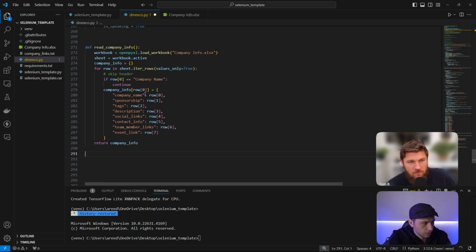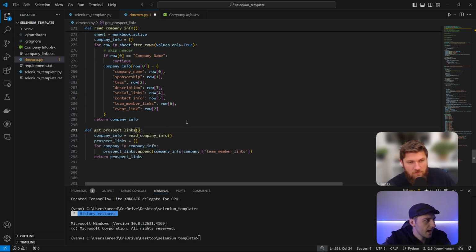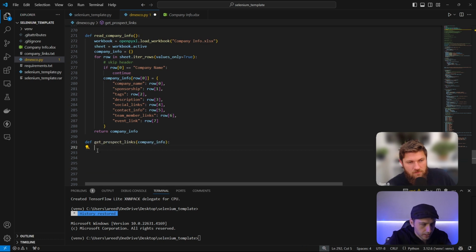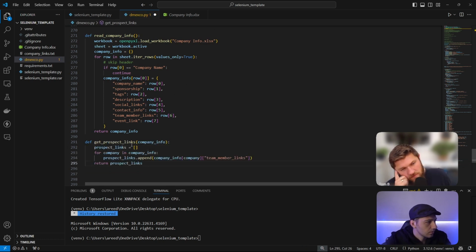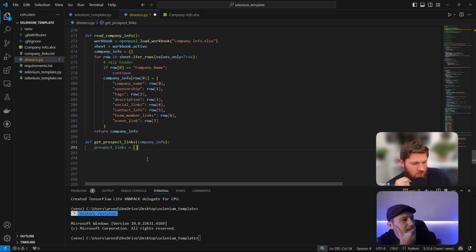So we can go define get prospect links, and then we'll pass the company info because that's what we need. We'll go like, no, that's not what we need at all. Prospect links. I guess what we could do is we could go